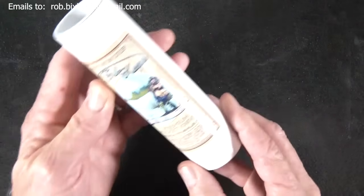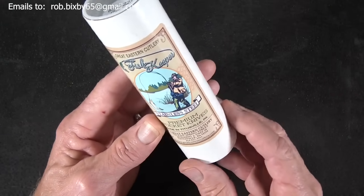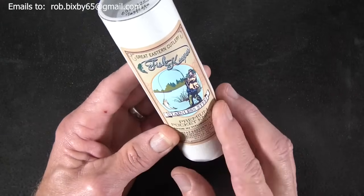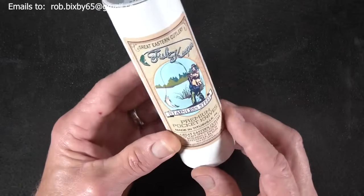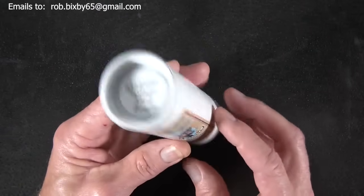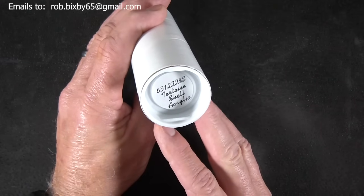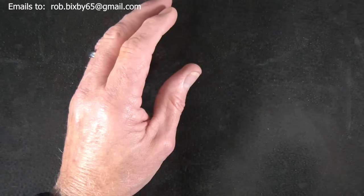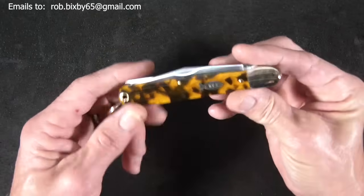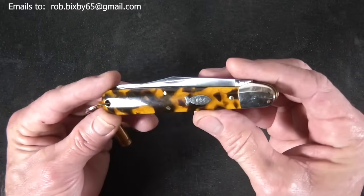Next up, we have a very interesting knife. So the Great Eastern Cutlery, stainless steel premium pocket knives. But it doesn't say GEC practical knives. It's interesting. It's a 65 Fish Keeper, model 651222SS in tortoise shell acrylic. I believe these are bladed in 420 HC, by the way. There's your tortoise shell. There's your stamped